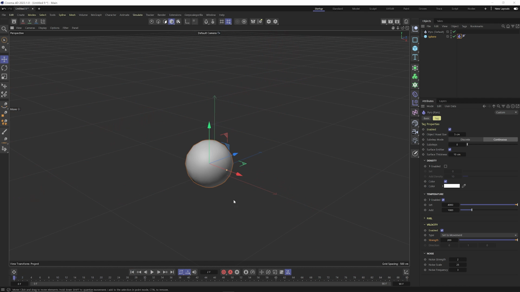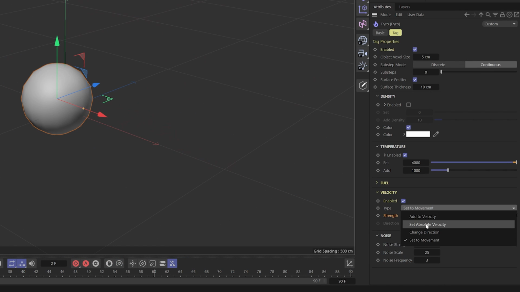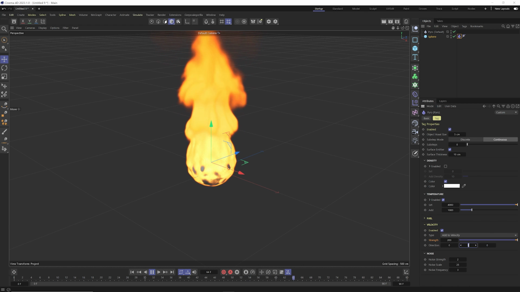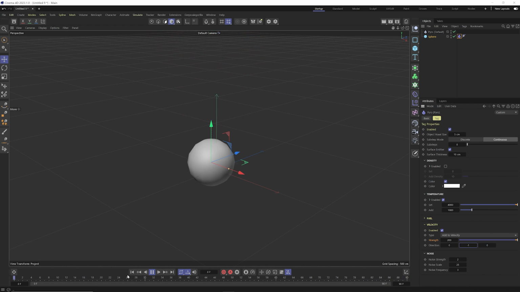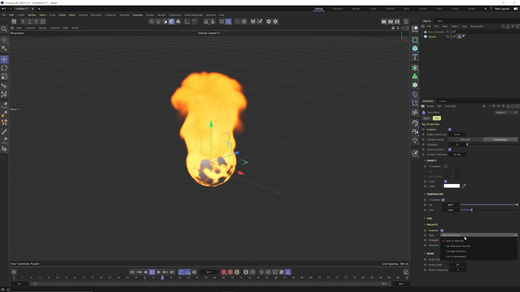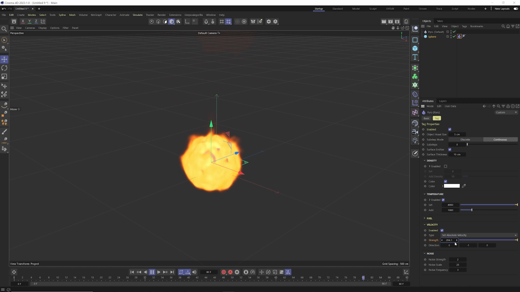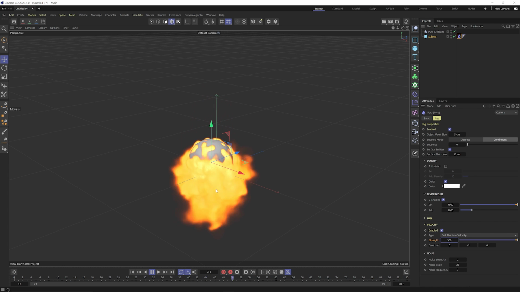Now, another thing that's cool is you can actually just set the absolute velocity or add to velocity, and you can choose the direction. So either positive or negative X, Y, or Z. So if I hit play here, you're going to see that we are just in positive Y. If I go negative Y, you can see that nothing's really happening because we're adding to velocity. What we want to do is set absolute velocity. And you can see what's going on there is it's trying to fight gravity. Let's do 500. Now you can see that it's trying to push it down, but it's still fighting gravity